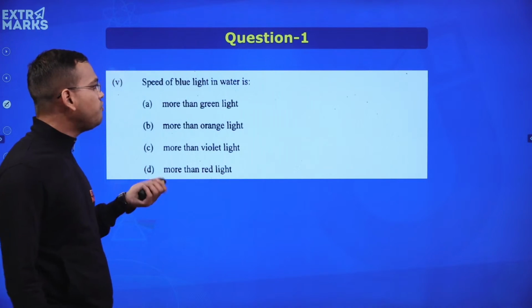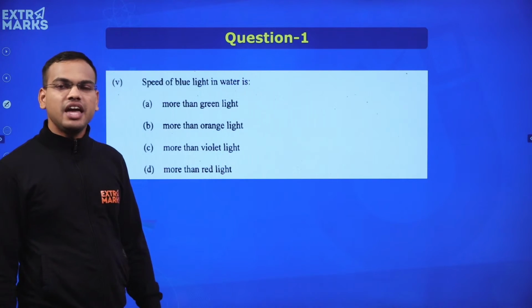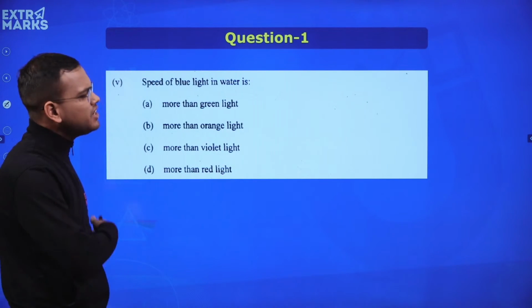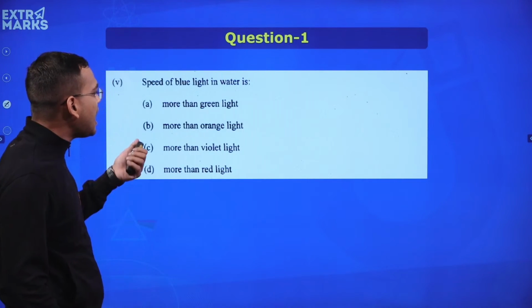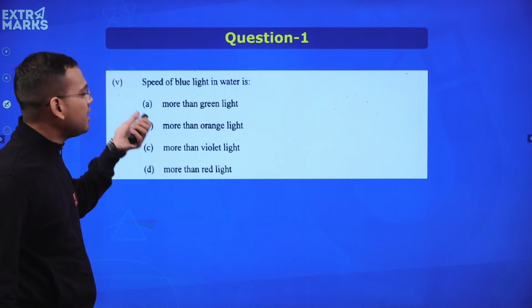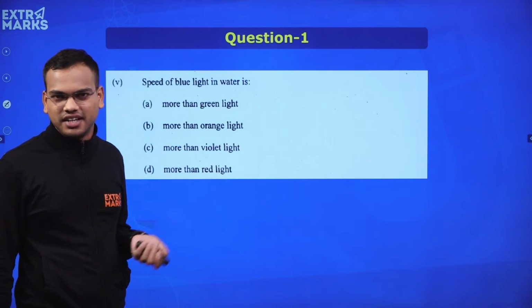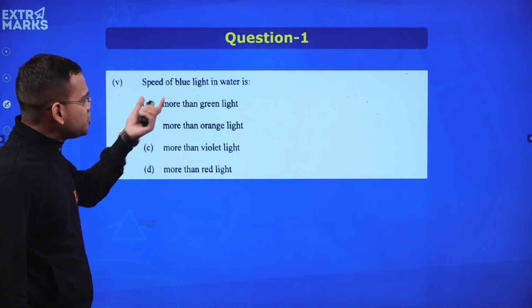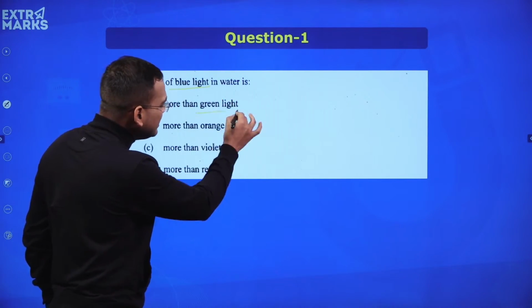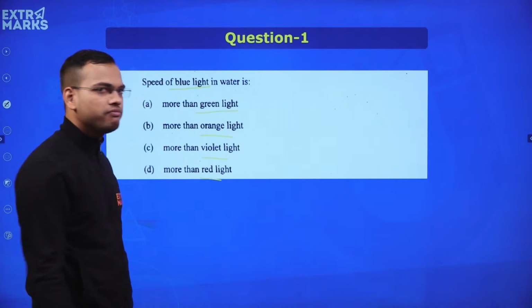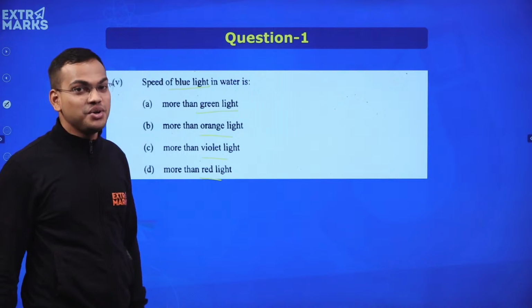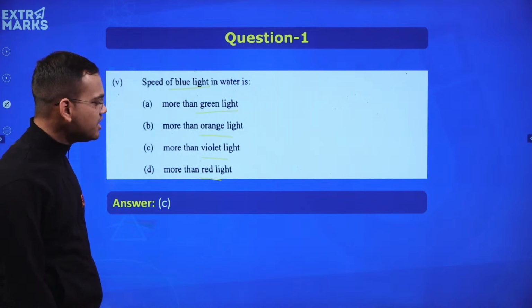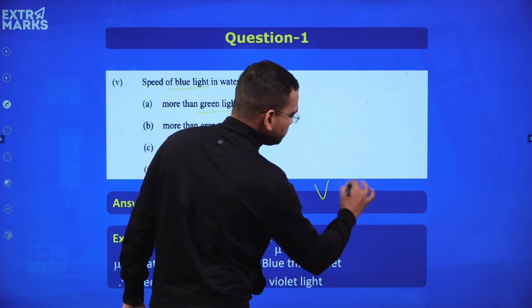The speed of blue light in water. We have different colors of light going in water. But the question is asking which color of light will have more speed whenever it is passing through water. Speed of blue color light, green, orange, violet, red. Now I am sure you must have seen a rainbow, right? You all have seen a rainbow. So the rainbow is